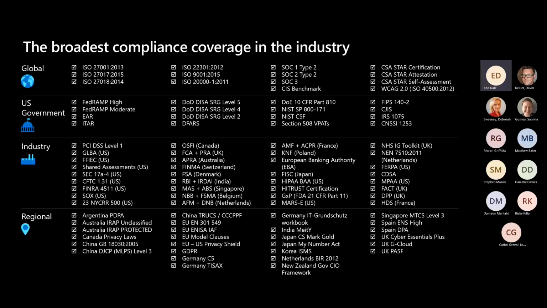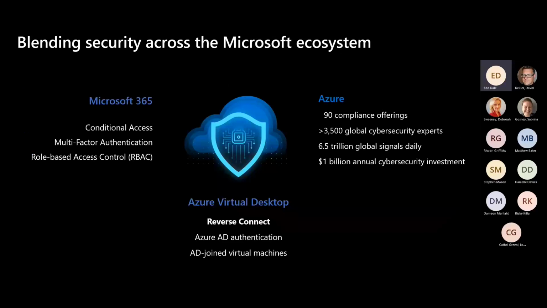And the strength of Microsoft's security comes from the blended approach across the entire ecosystem. So again, the tools from M365, Azure, AVD, bringing all of this together builds a very strong ecosystem of security products. And again, this is where Microsoft really differs from a lot of its competitors. Whilst there are other companies that do fantastic work when it comes to security products, they don't have that ecosystem behind them of other tools, platforms, and applications where it's all designed to work together.